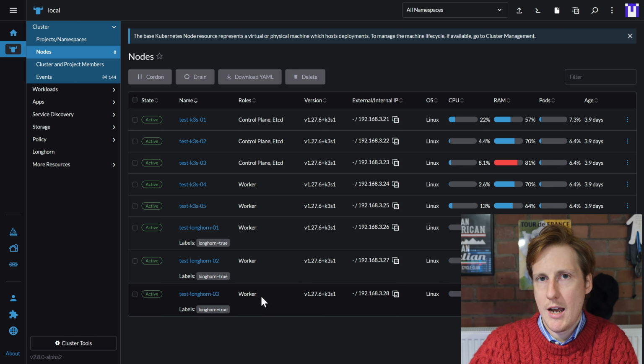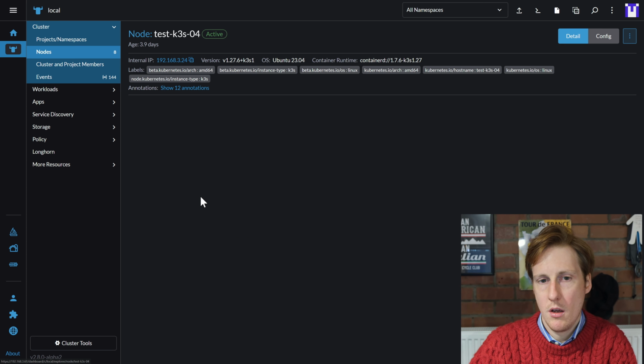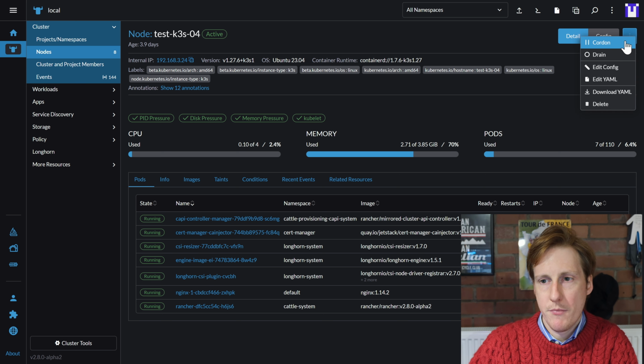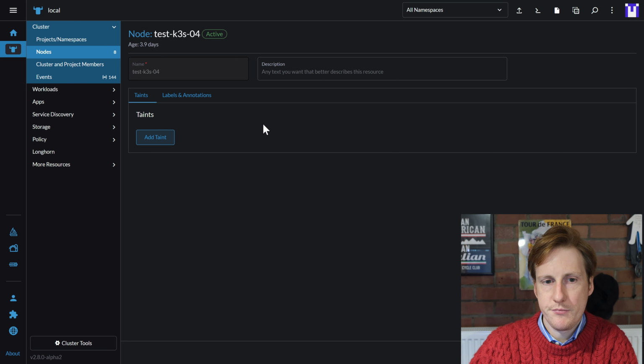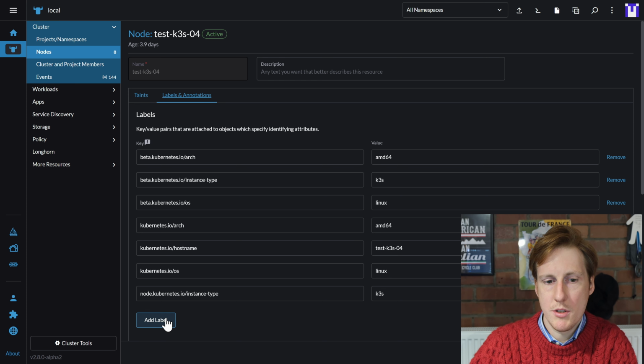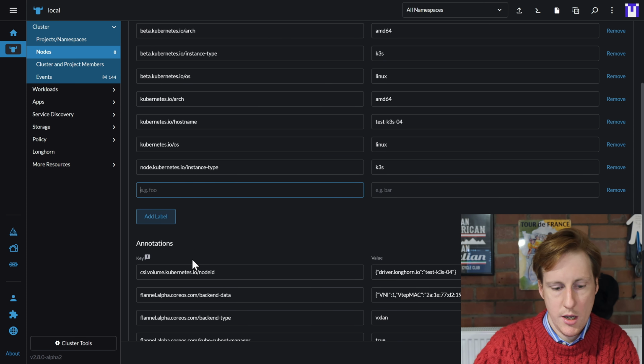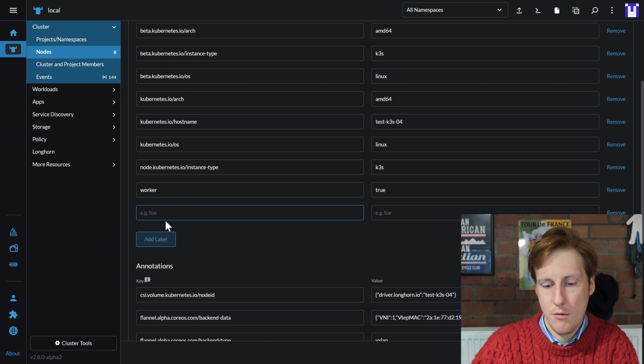What we want to do though is actually to add some labels, because you saw in the deployment that I specify things like worker equals true. So that means that Traefik and PiHole will only be deployed on those worker nodes. So to do that, you want to click on both of your worker nodes. So I'll do number 4 as an example and just replicate this across all of them. We want to go to the top right and click edit config. Click on labels and we want to add a label. So all we're going to do in here is say worker is true, and also we want to put